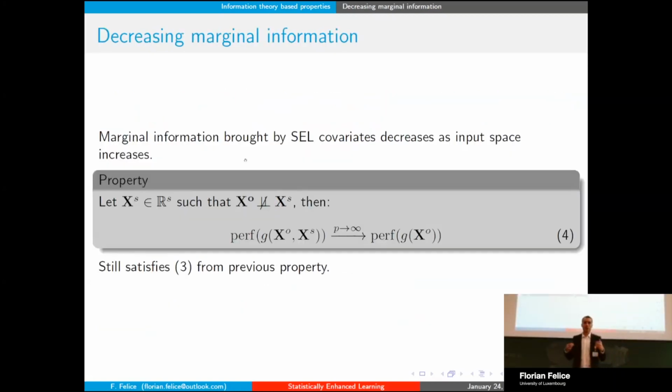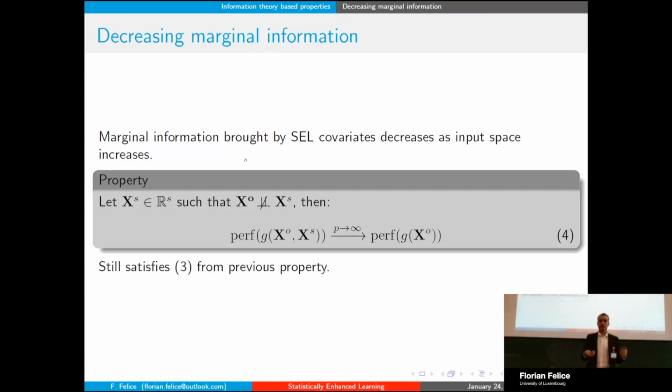One additional thing is the behavior when you have more variables and you have a more complex model, that the marginal information that you bring actually decreases. What that means is if you have a data set where you have hundreds of variables, and if you have another data set where you have 1,000 of variables, adding 2 or 3 more variables with the SEL technique, the additional information you will bring into the model will kind of be diluted within the bunch of other information you have. It's just that the additional information is getting lower. So in other words, the marginal information is decreasing or plateauing with the size of the data set.